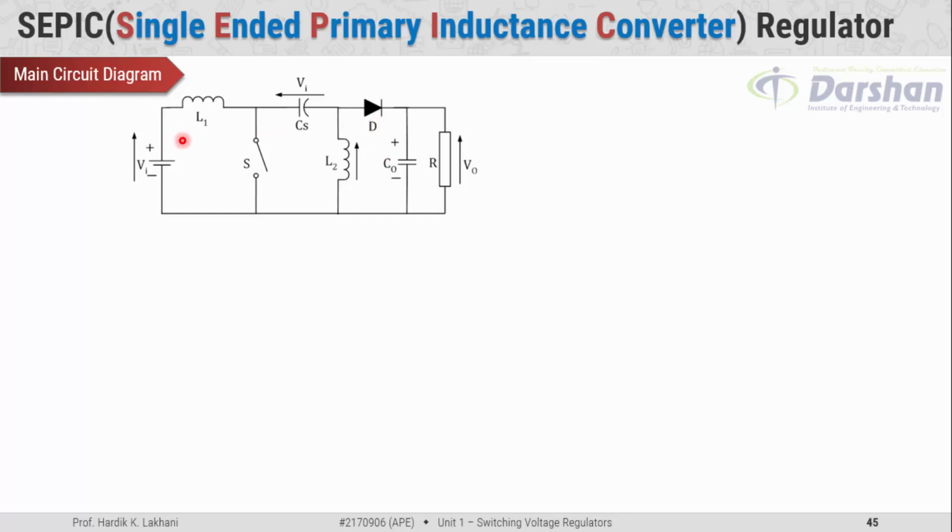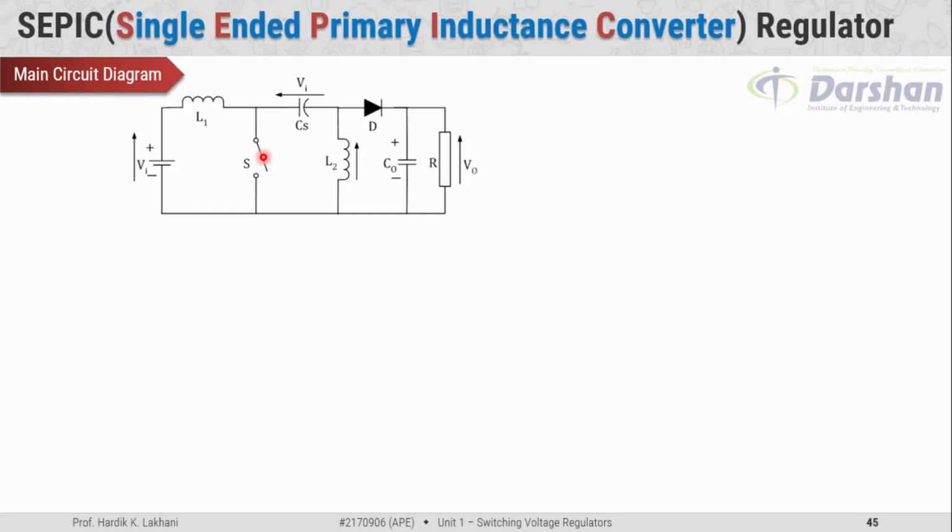Input supply to the circuit is DC and voltage across the load is also in the form of DC. The SEPIC regulator can produce an output voltage greater than the input, less than the input, as well as the same as the input. So the output of SEPIC depends on the duty cycle of this controlled switch. And usually for DC to DC conversion we prefer a MOSFET because of its high frequency feature.